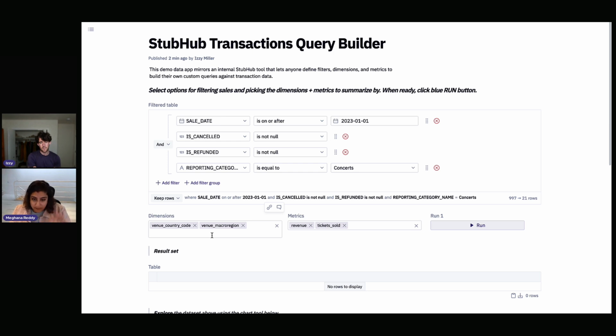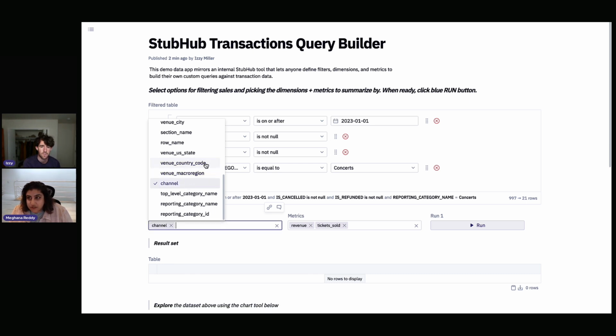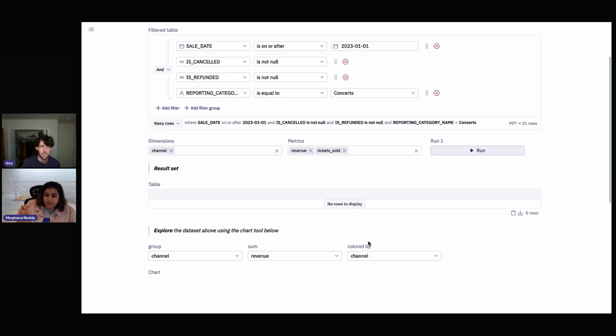That was a mouthful, but really what I mean is, if you click into dimensions, this is just a list of parameters that you can choose from. There's all kinds of different things you can cut by. You could be wanting to look at the country where the event is happening, or the larger region, or maybe you're on the marketing team and you want to look at the channels that those sales are being driven from. If I do that, I'm making a bunch of changes, but what we didn't want is for every time you click a button for you to start seeing results before you're actually ready to look at it all together. So that's really why we added this run button.